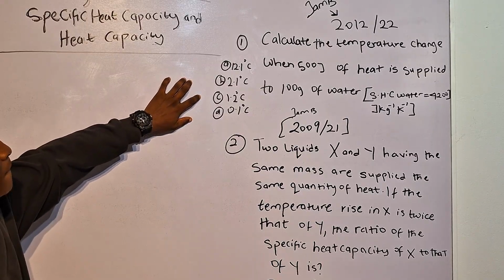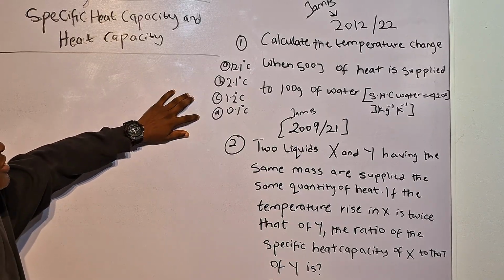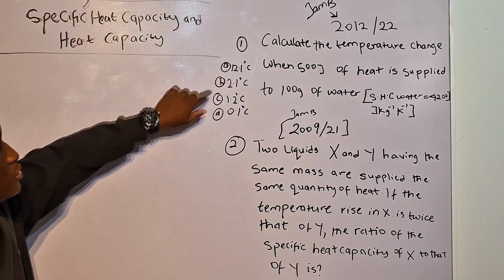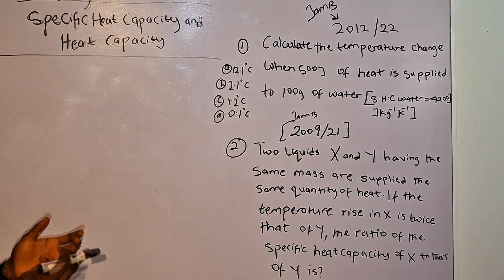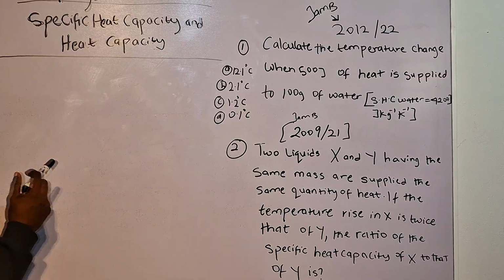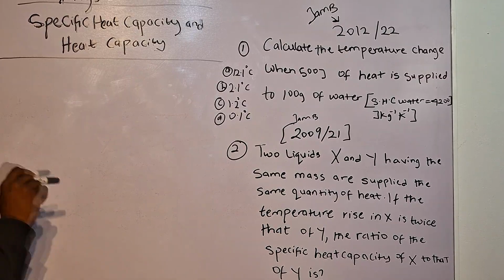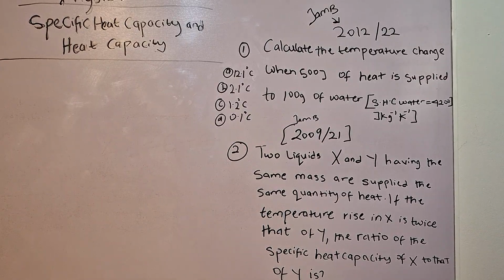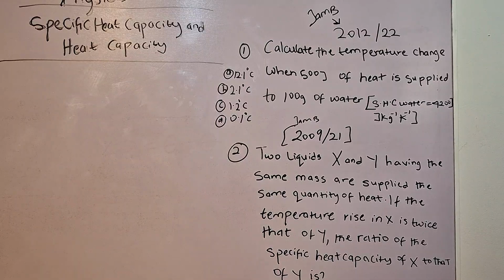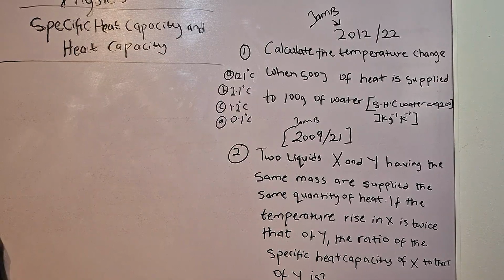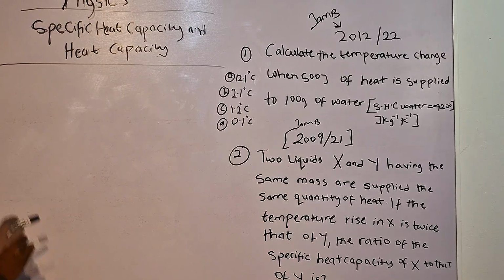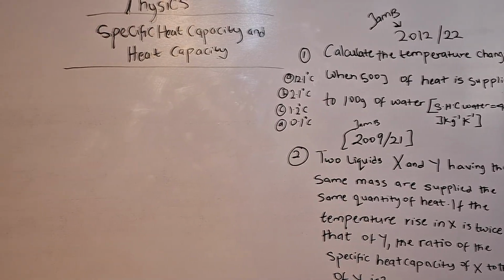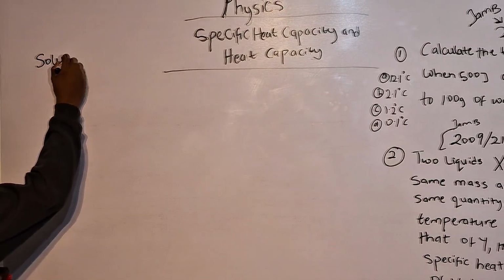Option C says 1.2 degrees Celsius. Option D says 0.1 degrees Celsius. JAMB 2012, number 22. Calculate the temperature change when 500 joules of heat is supplied to 100 gram of water, taking the specific heat capacity of water to be 4,200 joules per kilogram per Kelvin. For us to solve the first one, solution,